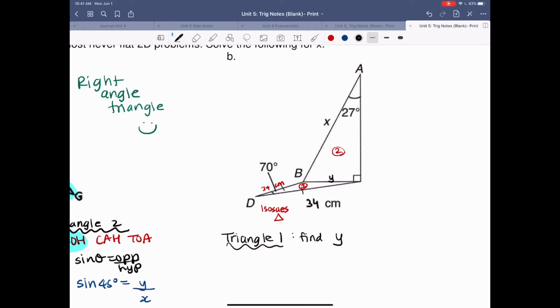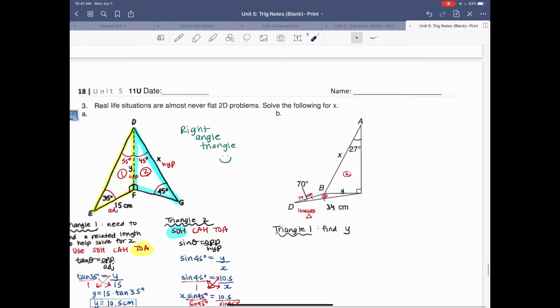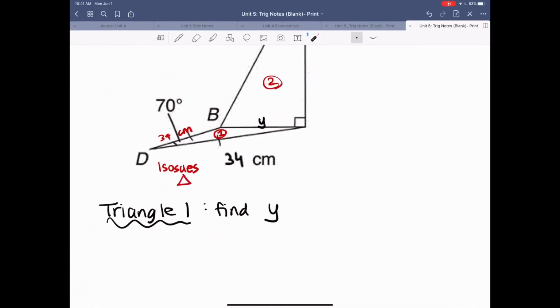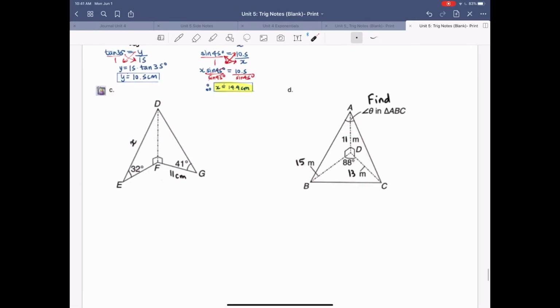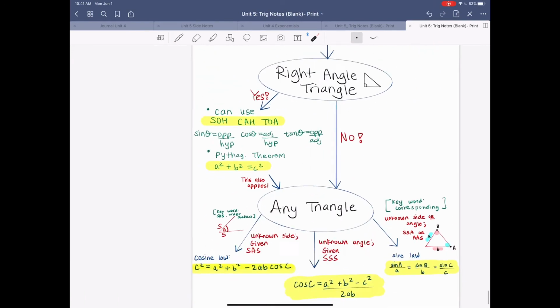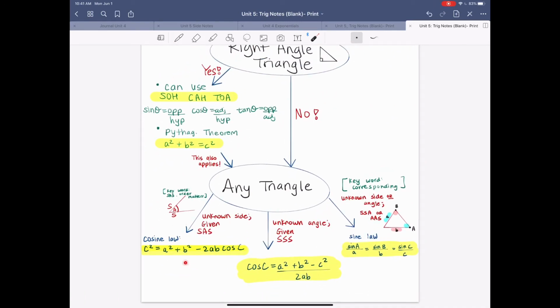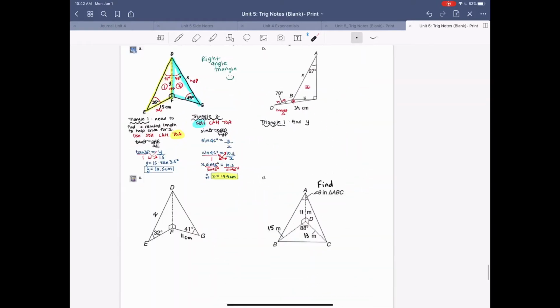And remember, because this is not a right angle triangle, there's no 90 degrees. Does that mean you can use SOHCAHTOA or Pythagorean theorem? You cannot use either one because it's not a right angle triangle. So what that basically means is following that pathway, I can only use the cosine law or the sine law, any of these three. So going back,